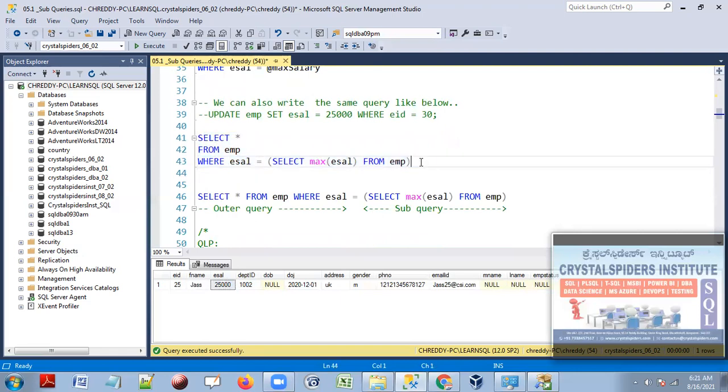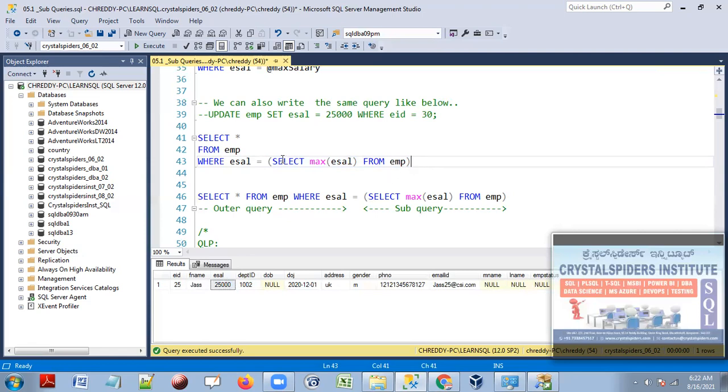So why did you write this SQL query inside this where clause? Sir, I don't know what the max salary in the employee table is right now. Okay, let's say it is 25,000. If I give 25,000 here, is this the right way of representing max salary? No, that is not the right way, because that 25,000 may change later. Max salary may change. Maybe tomorrow one new employee can join with a salary of 30,000. In that case, the max salary is 30,000. So that's what it is. Okay, this is fine.